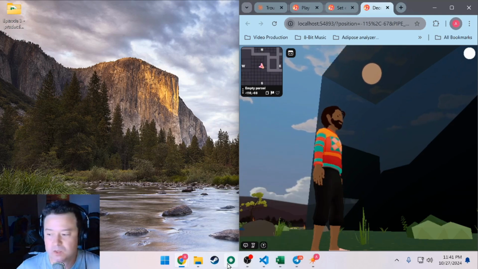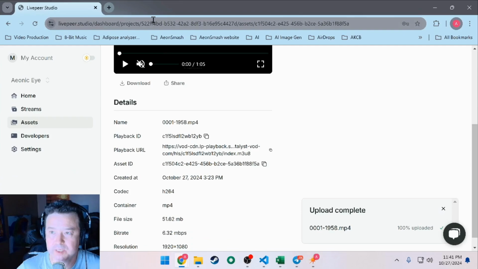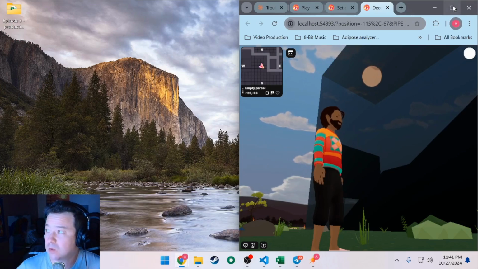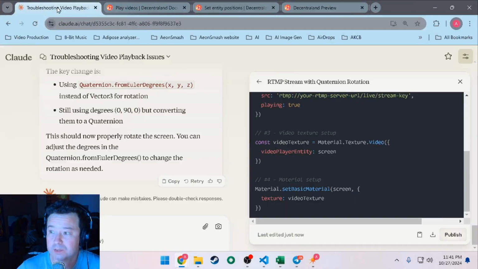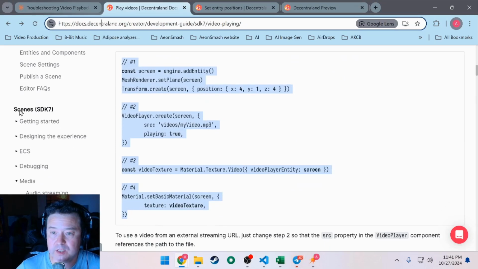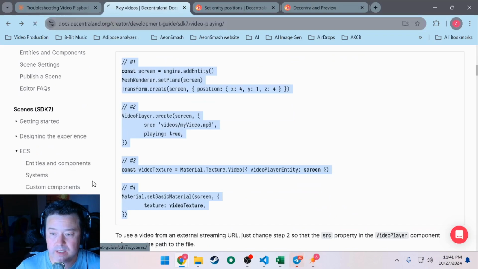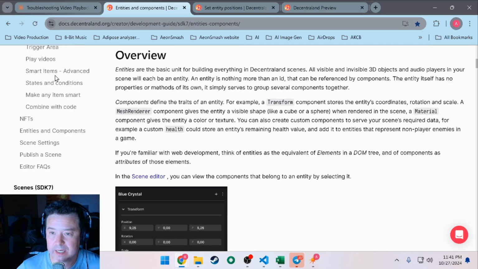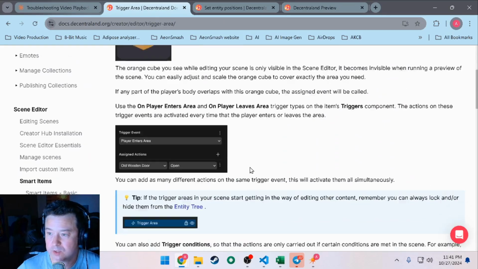There were a lot of snags in this one because Claude didn't work properly, but I think that's actually a good thing because we were able to explore how to navigate those issues by taking a look at the Decentraland docs and going to the Scenes SDK7 and checking out the actual code. So if you can find an area of the code that you would like to do, like a trigger area or something like that,